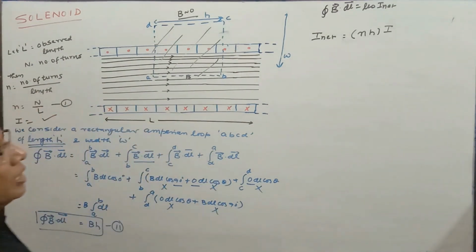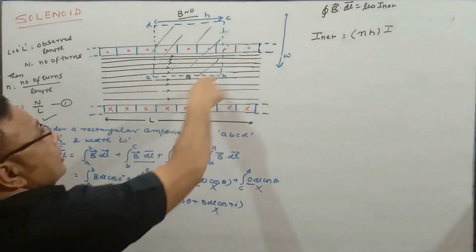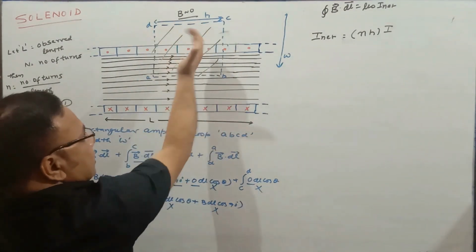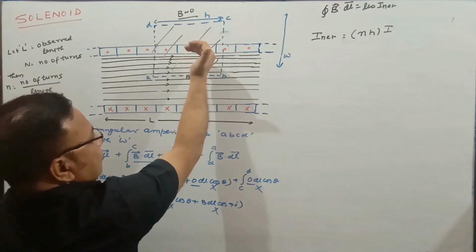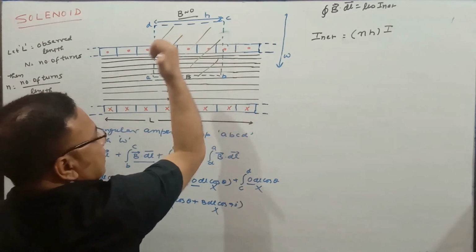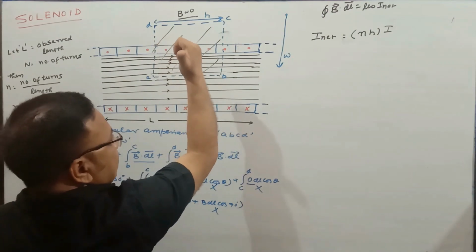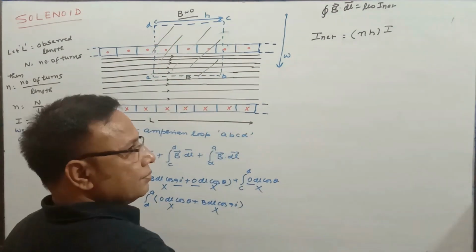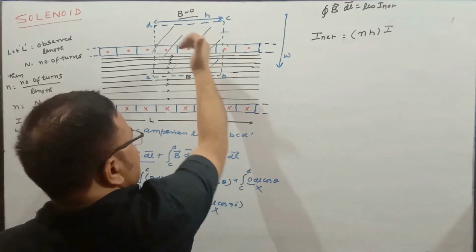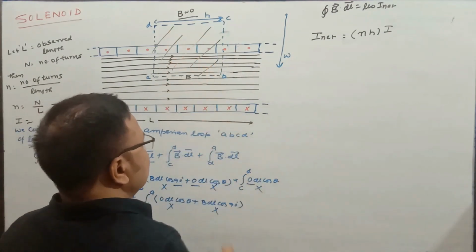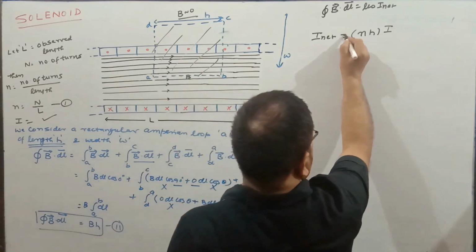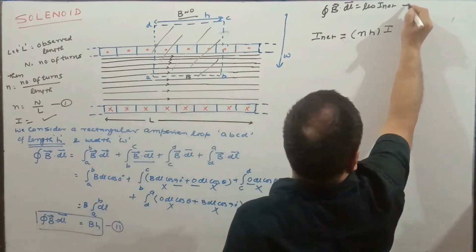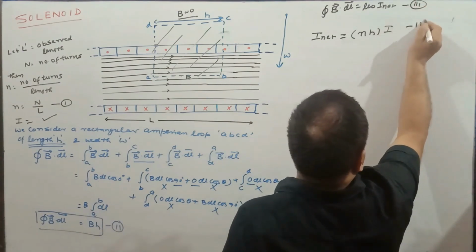Now we have to take care of the sign as well. We are traversing along this, so the direction of traversal is anti-clockwise. That is, curl the fingers in the anti-clockwise direction, and the thumb is outward. In this direction the current will be positive, and here the currents are coming outside, so that is treated as positive. Thumb is outward here, so we can take this as positive. That is why we have taken it positive, so no need to change. So we have I net as equation number 3, and this is equation number 4.